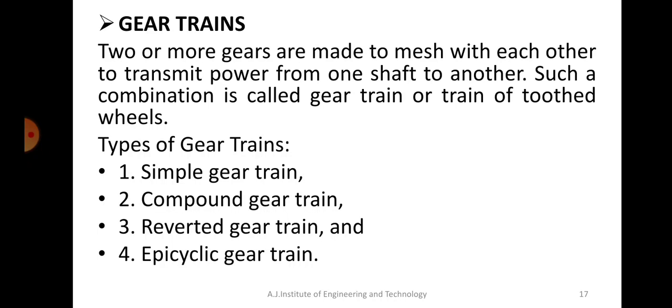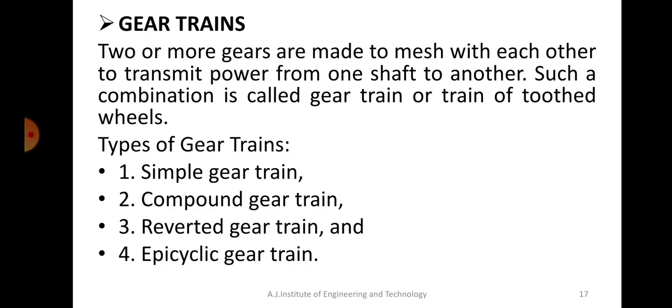Okay, let me give you a simple example. Let's say you have gear A and gear B meshing with each other externally. Gear A, let's say, is rotating in clockwise direction. So gear B, when it is meshing with A, will rotate in the opposite direction, right? That's what we have seen in the previous slides. Now my intention is to make gear A as well as the output gear, the driven gear, rotate in the same direction. What am I supposed to do?